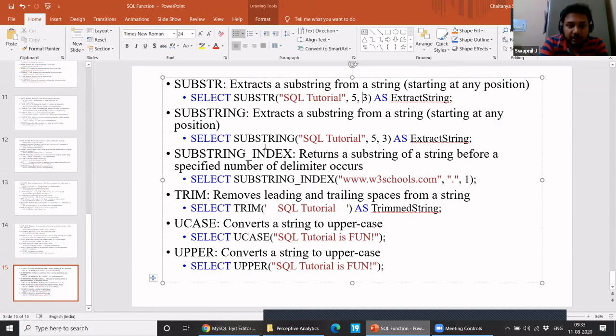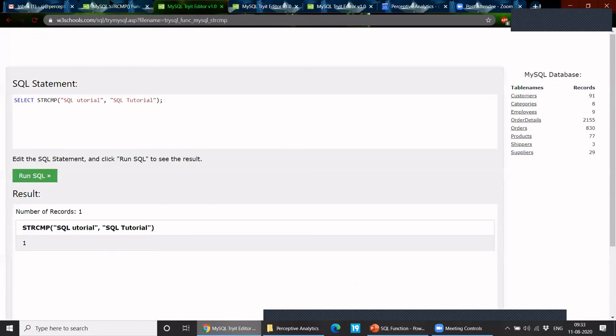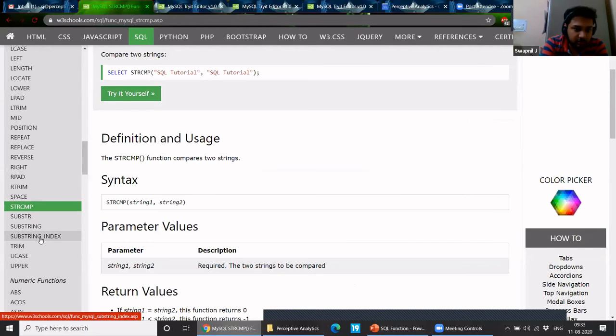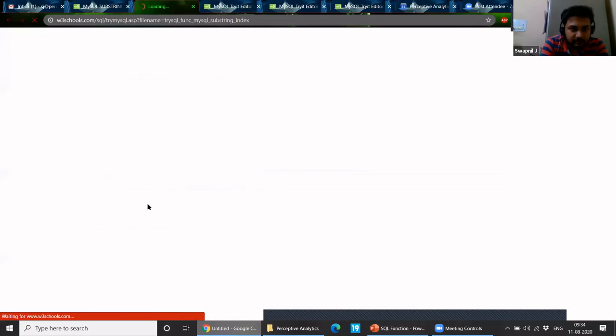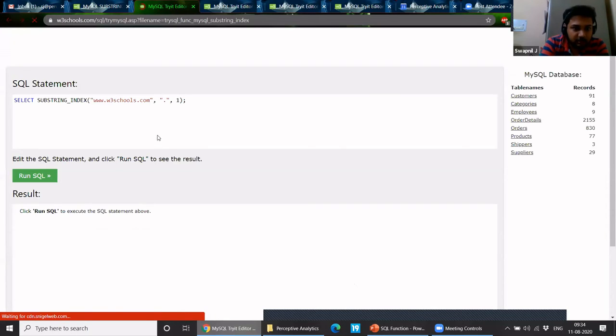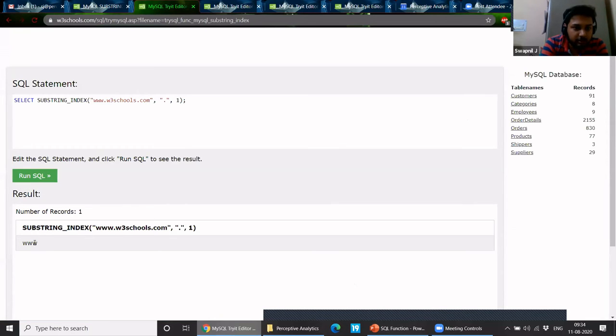Then we have substring index. So here, Jairam, this will help you solve your question, if you want a second space or not. So here is substring index. Right now its position is 1, so it will give the value before that dot.